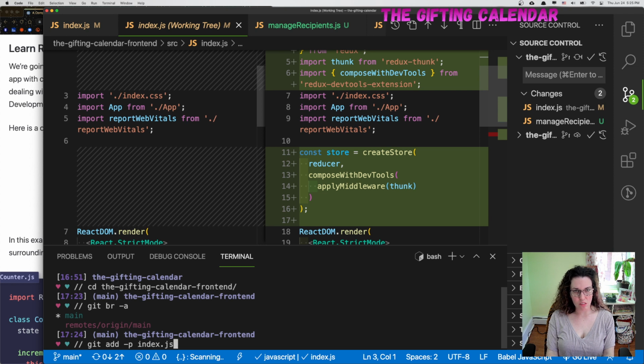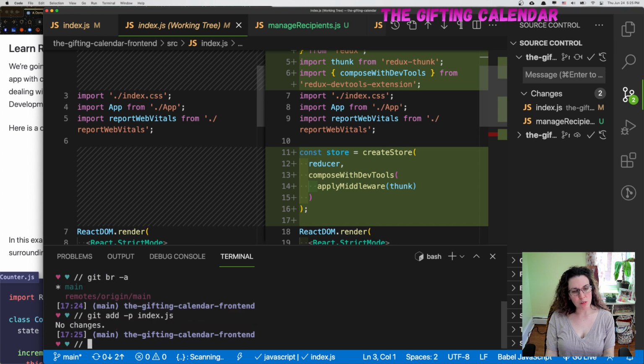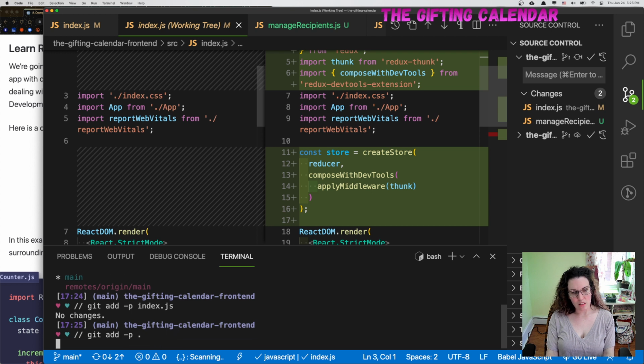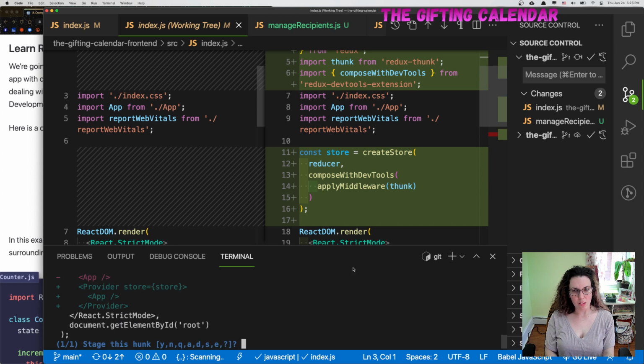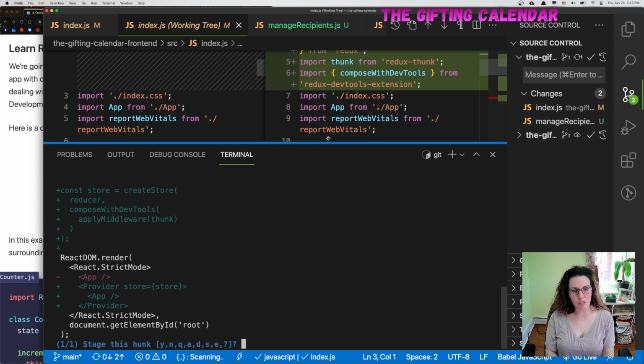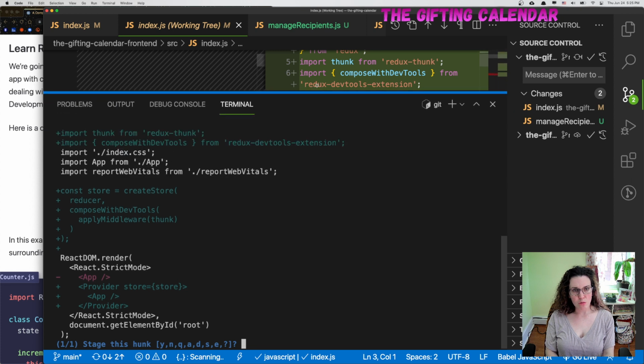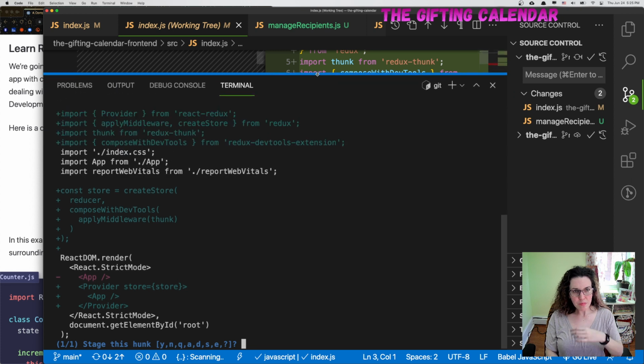That stands for partial, I think. Whoops, okay, that's not what I want. Add -p. Okay, so I just did git add -p all. So doing this,